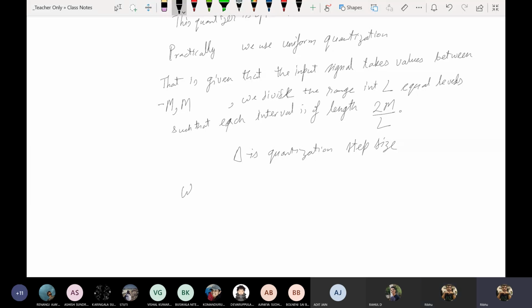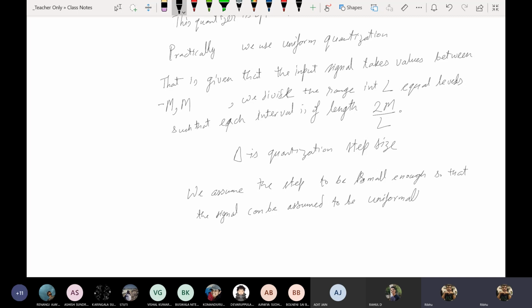For this, we assume the step size to be small enough so that the signal can be assumed to be uniformly distributed in the